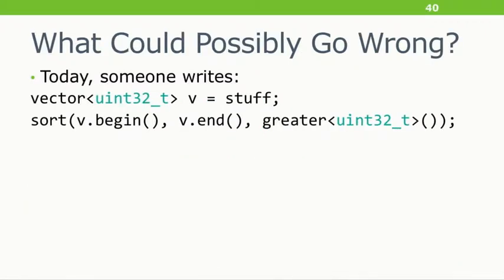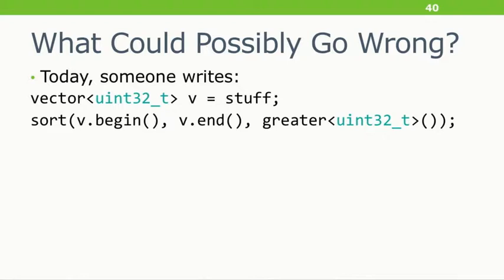Also, these operator functors, they're cool. And they were extremely useful in C++98. They're not bad at all, but they're limited. For example, somebody writes a vector of uint32_t, and then they try to sort it by greater<uint32_t>. Here this is using stdint.h's fixed length typedef, or some user typedef, whatever. I just wanted to be very explicit about the size here. So this is all good.